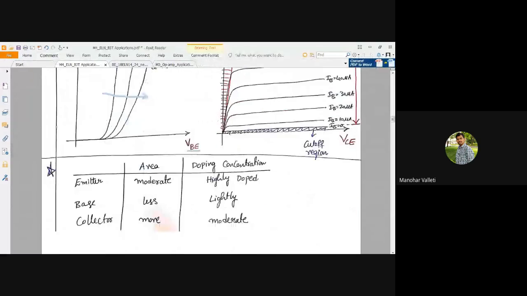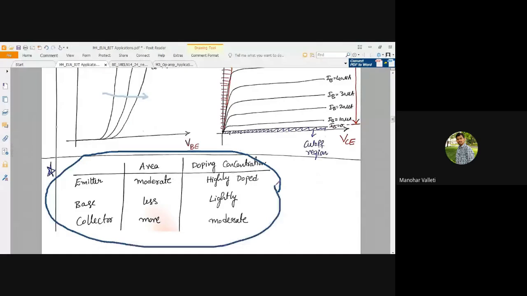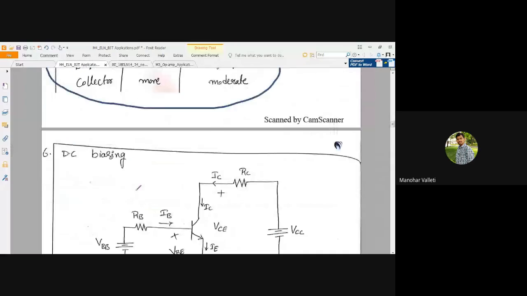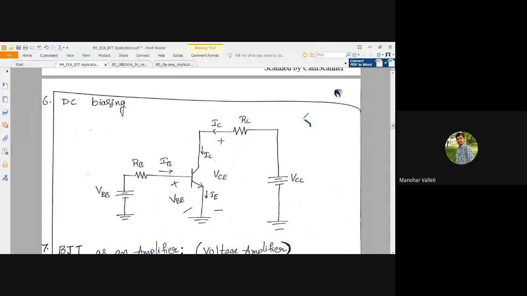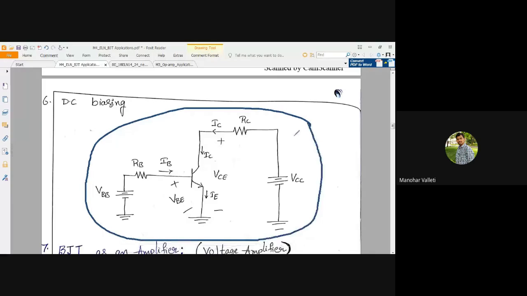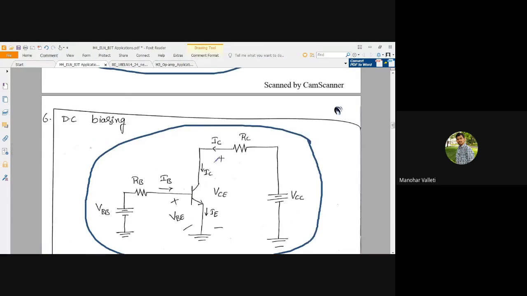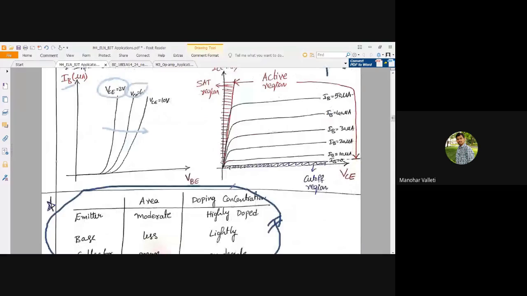To understand this, before that, see, this is a summary of the construction of the BJT that we discussed above. Let us consider the circuit to understand the transistor as an amplifier. First, try to see what is actually DC biasing. Let us take the circuit. If you find out the values of currents and voltage of the circuit, we'll find IB, we'll find IC, and VCE, and we will try to locate all these values of the circuit on the graph.